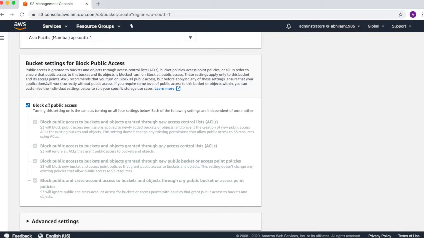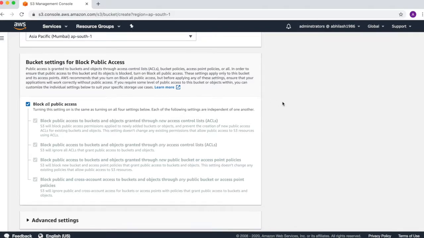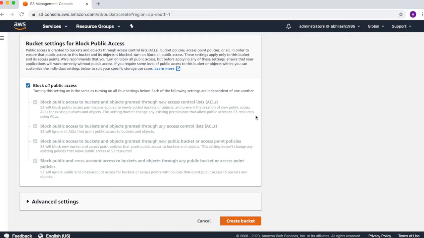Because there could be a situation wherein an object might be owned by another account and the bucket by a different account. We will come to that. But as of now, if you tick this checkbox, it is not going to allow any public access to anyone, even if you provide access at the object level. So that's the important thing to know.